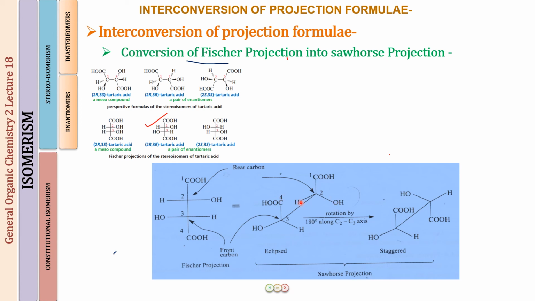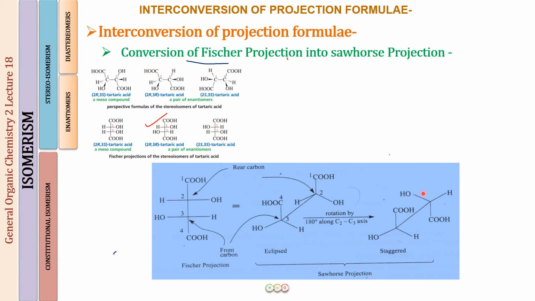Then you will be rotating the molecule by a 180-degree angle, so that the groups at the back carbon, you have to keep one fixed. You can do any of the two, that is your choice. We do not say which one; you do it by your comfort, whatever you like. So if I keep these in a fixed position and I rotate the C2-C3 bond by an angle of 180 degrees, these groups will be rotating their position by an angle of 180. So the COOH group will go below, the OH that is down, the H that is down, they will go up and onto the opposite sides.